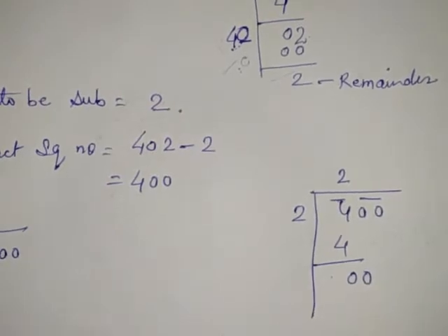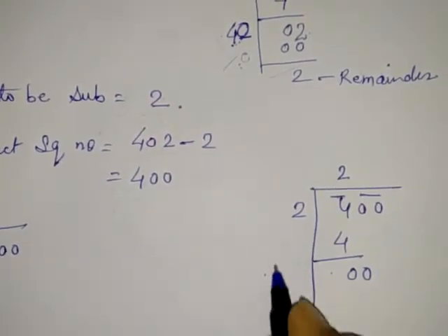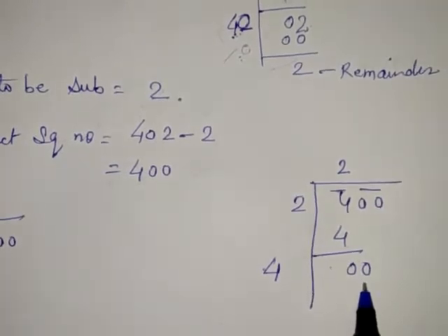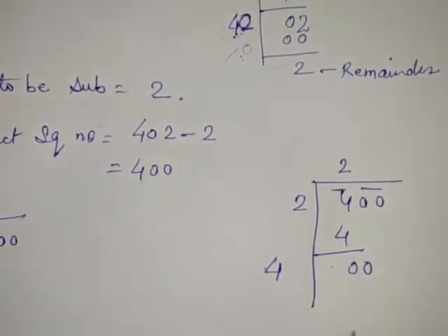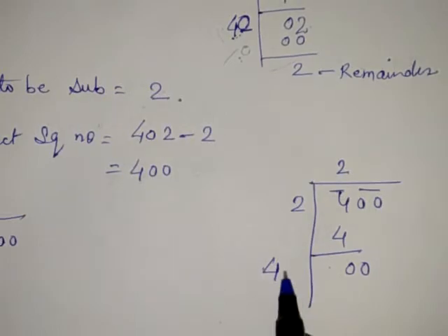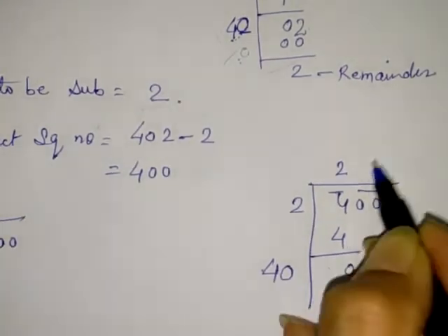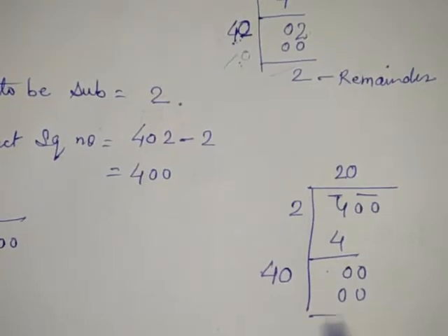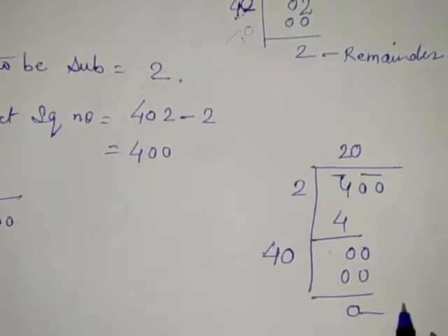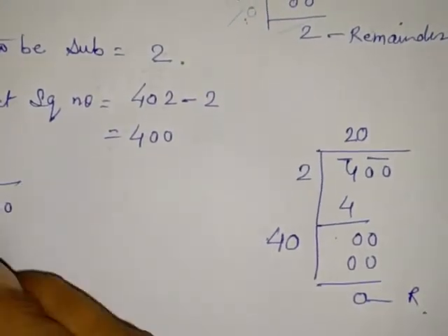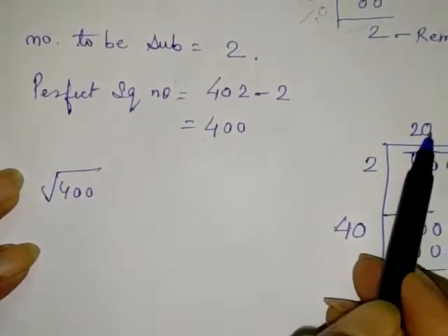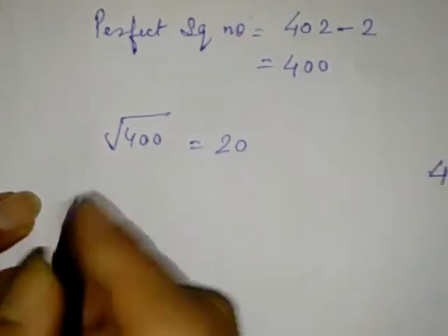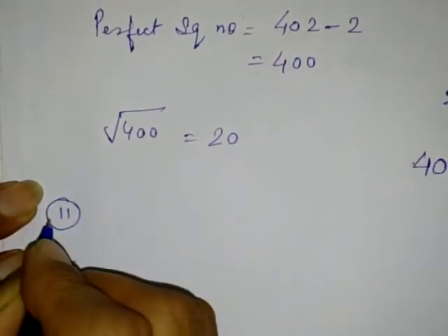So these two zeros, what will be the divisor here? 4. Now don't say, madam, it is 0 so this is the remainder. Until the division is complete, there is no remainder yet. So we are going to multiply by 0. This 0, so 0 zeros are 0. Now your division is completed and this is your remainder. So 0 is the remainder. So the square root of 400, the answer is 20. I'll take one more sum and it will be more clear to you by that.